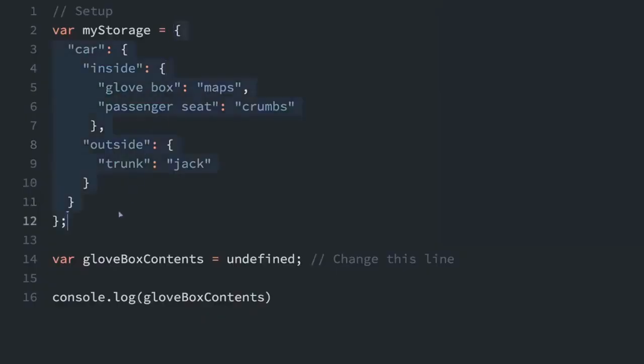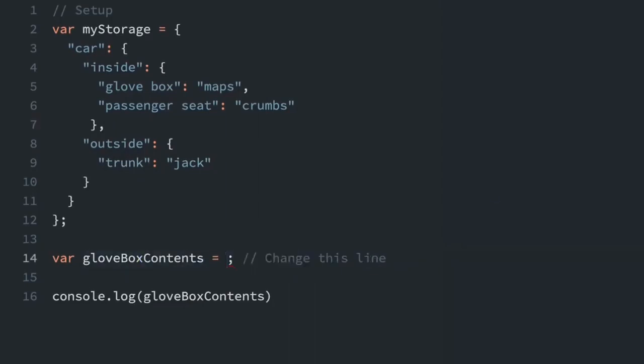Here we have an object with other objects nested inside that. So in order to access subproperties of an object, you can chain together the dot or bracket notation. So I'm trying to get the glove box contents. So I'm going to take away this undefined here, and I'll do my storage dot car dot inside, and then